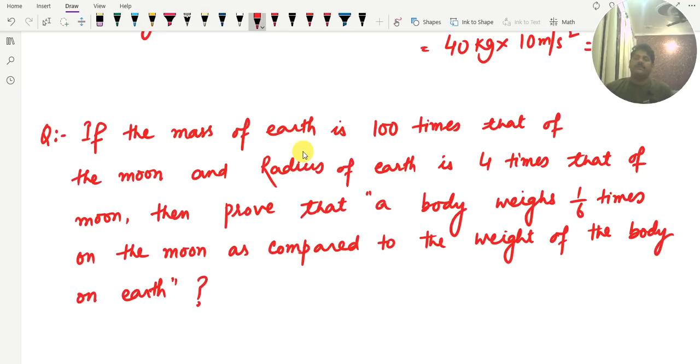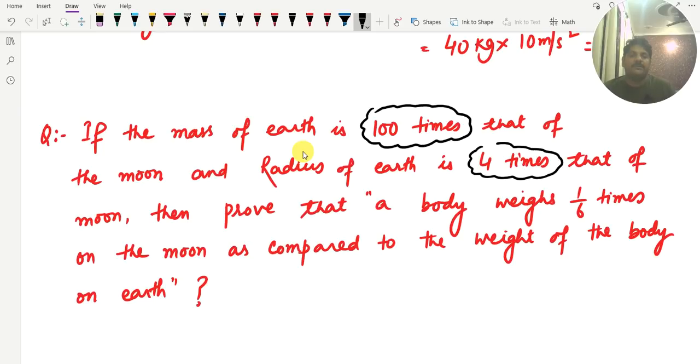So this is what we have to prove. This is the question given, that the mass of the earth is nearly 100 times that of the moon. Now, this is the known fact. So mass of earth is 100 times that of the moon, and the radius of earth is 4 times that of the moon. So if we take mass of moon as m,